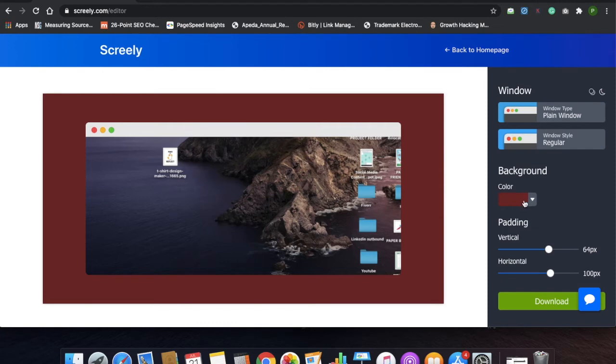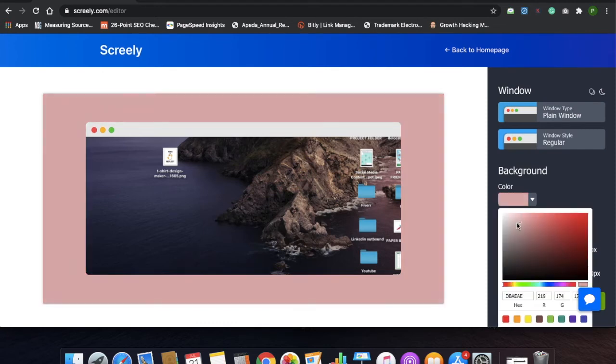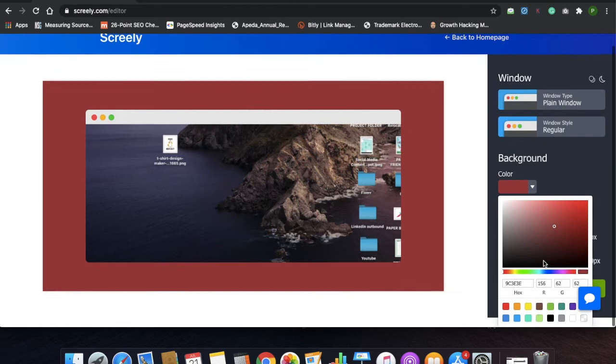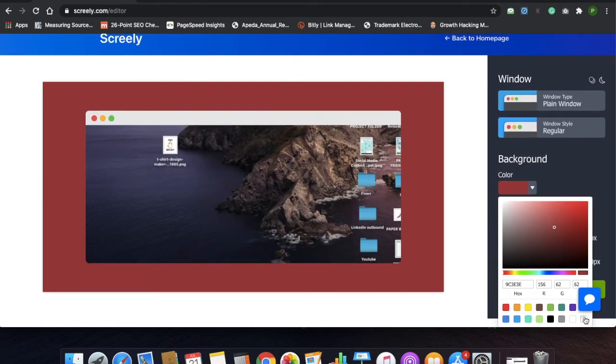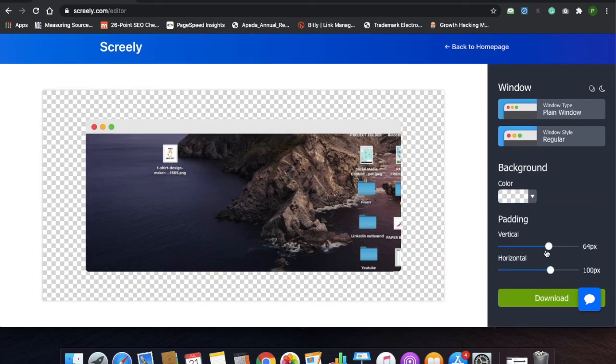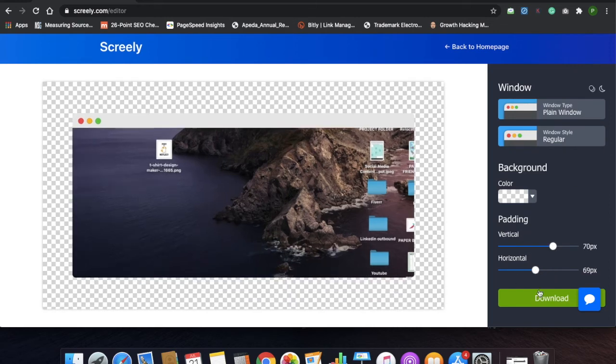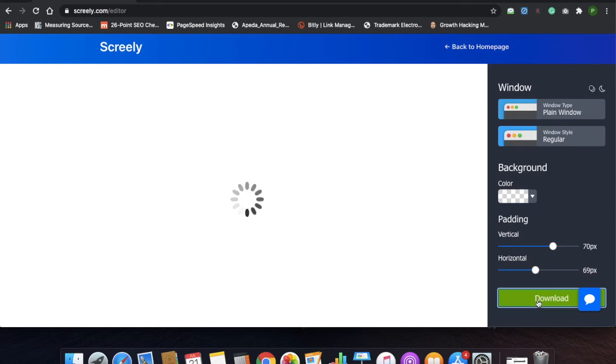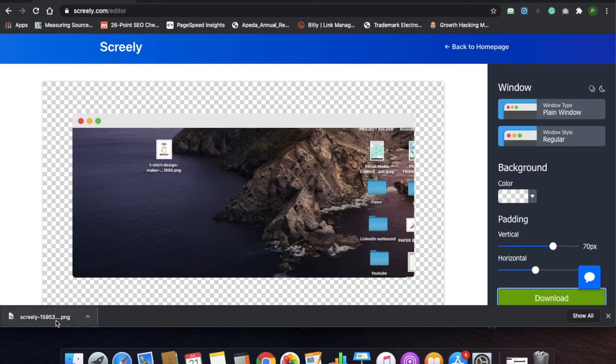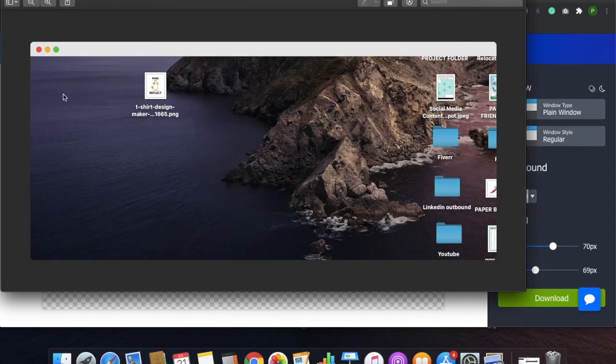Also, you can change the color of the background, as you already saw earlier, so that can be done. And if you do not want the background at all, you can do that as well. You just have to select this particular transparent option. So that is done. Okay, and again, you can vertically and horizontally reduce the padding size as well. So now we just have to download the finished file, and here, as you can see, this is our finished